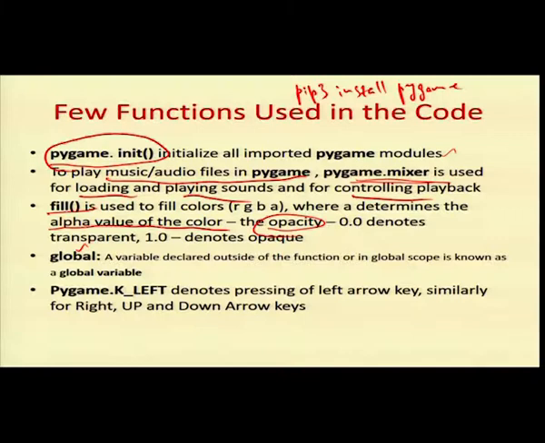Next function, or even you can say for declaring the variables, we can use global. We would have studied about this global and local variable declaration way back in the starting of our session. So what is the specialty of a global variable? The variable that is declared outside the function can also be accessed. The variable which has a global scope, that is, if I am going to declare a particular variable as global,